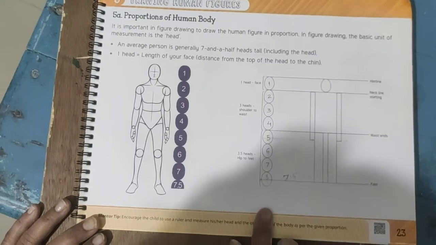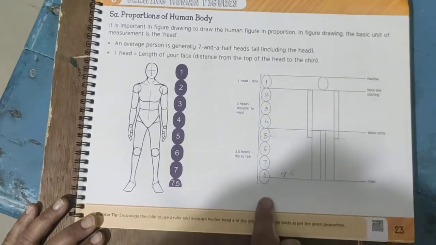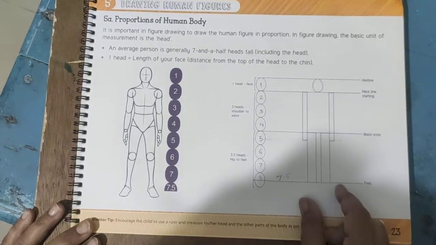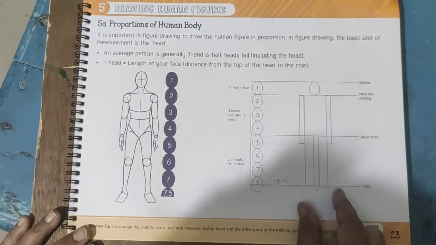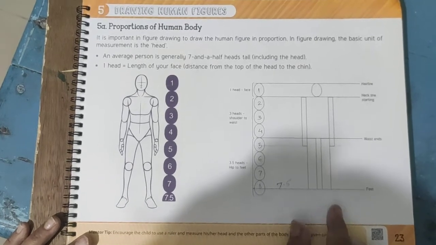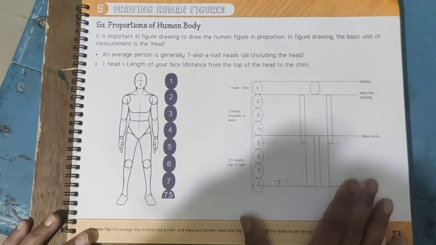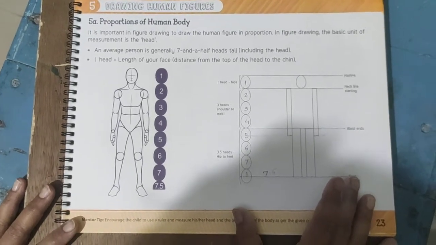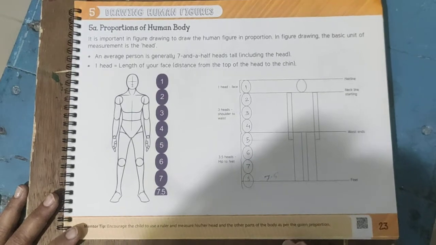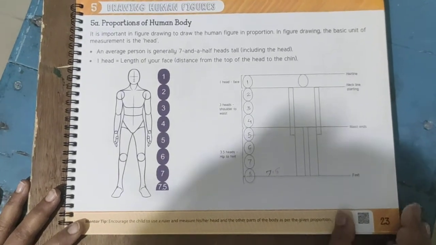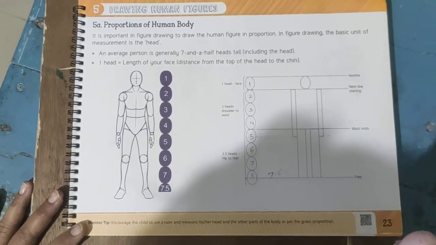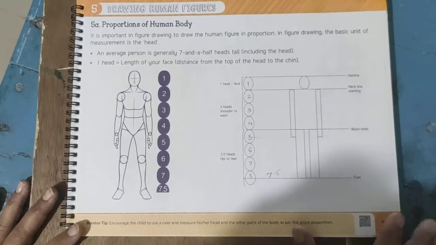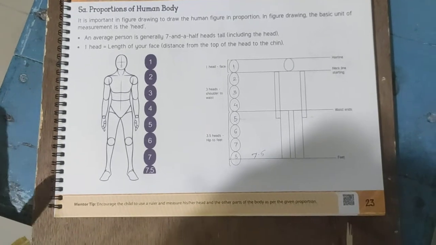Page number 23. Again and again study these circles. Try to get a proper partition of our body and keep it in your mind. Again and again draw the figure. If you learn it well, then you remember it well. You have to remember it because in the coming lessons we are going to practice proper contour lines of our body. Understand? So keep studying always.